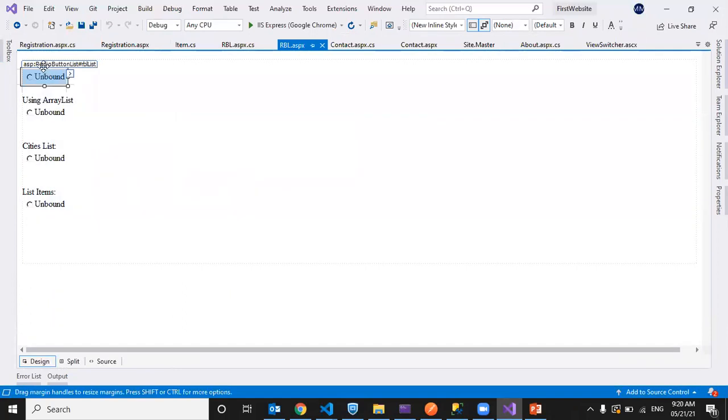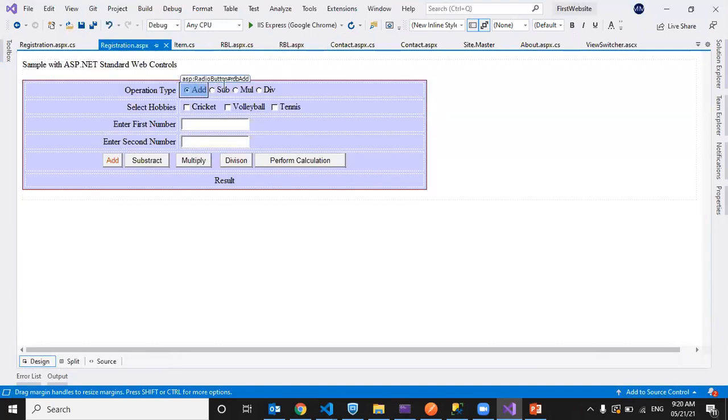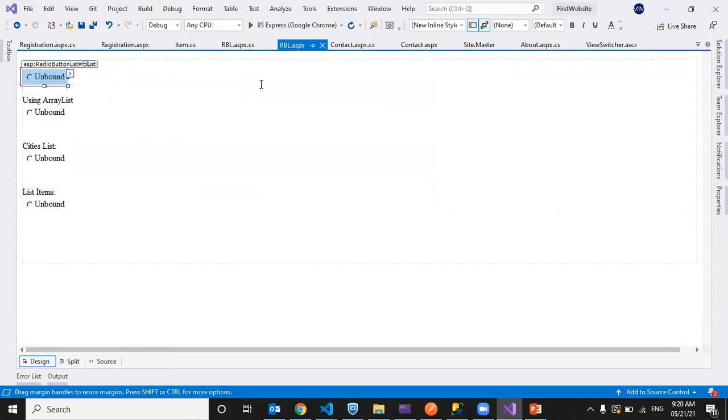So till now we saw only the checkbox and radio button. We have other controls called checkbox list and radio button list. I think I have prepared an example. See here, I have a radio button list control here. We are giving the options at design time. But I may have a situation where I have to display a list of cities or some list values that I'll get from the DB, and I have to display it on the HTML page or my web page.